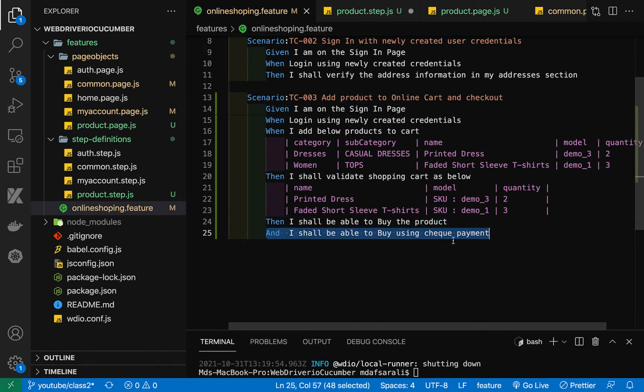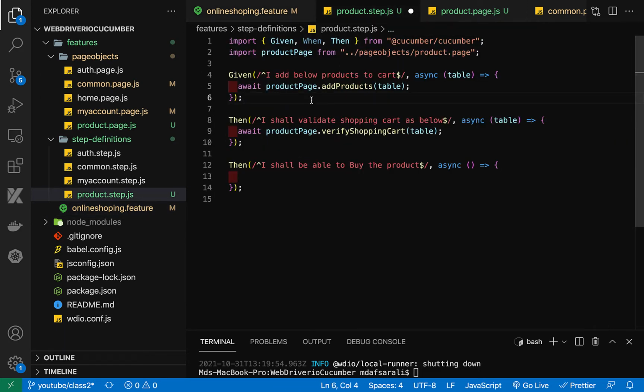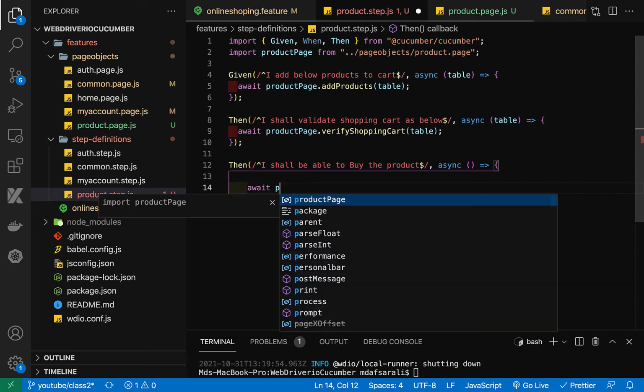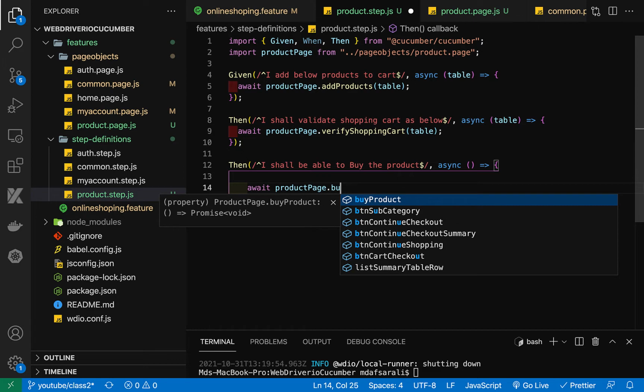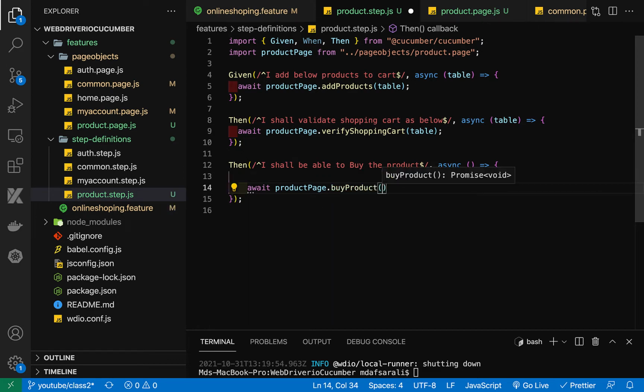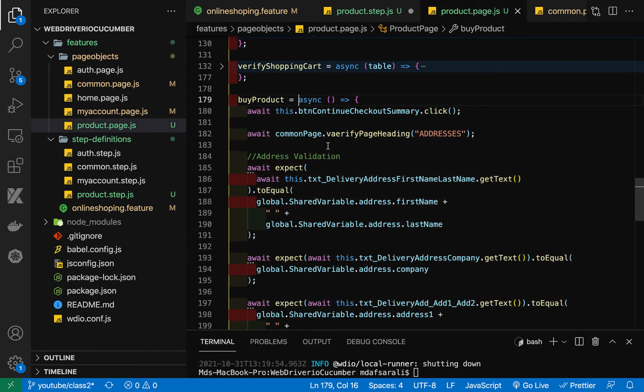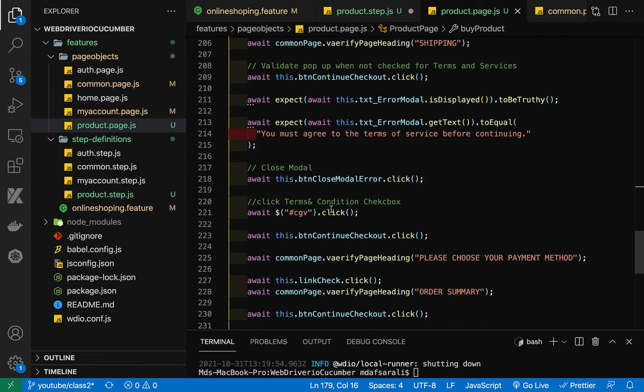I shall be able to buy the product using the check payment. The check payment will not be covered in this. So for the bank wire we have completed. You can see, need to add over here, product page dot buy the product. Okay, so once we are able to buy the product over here and it validates everything,